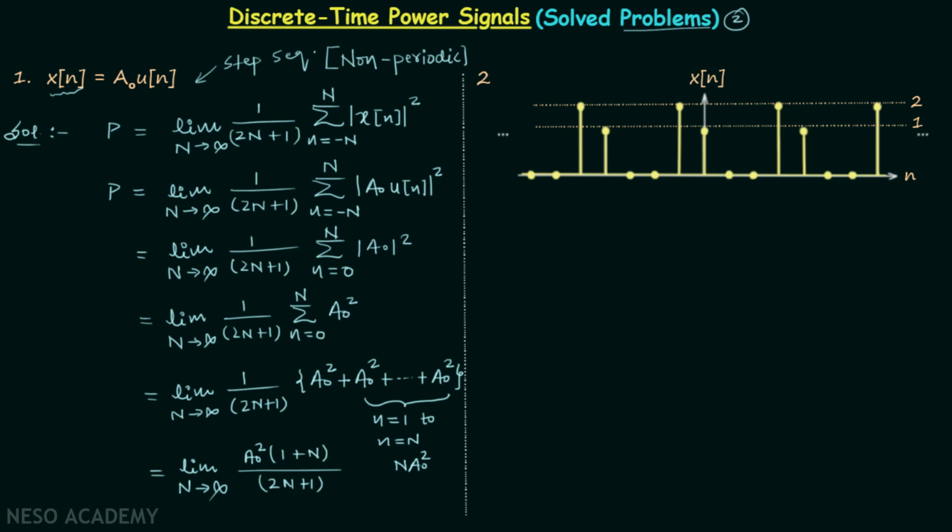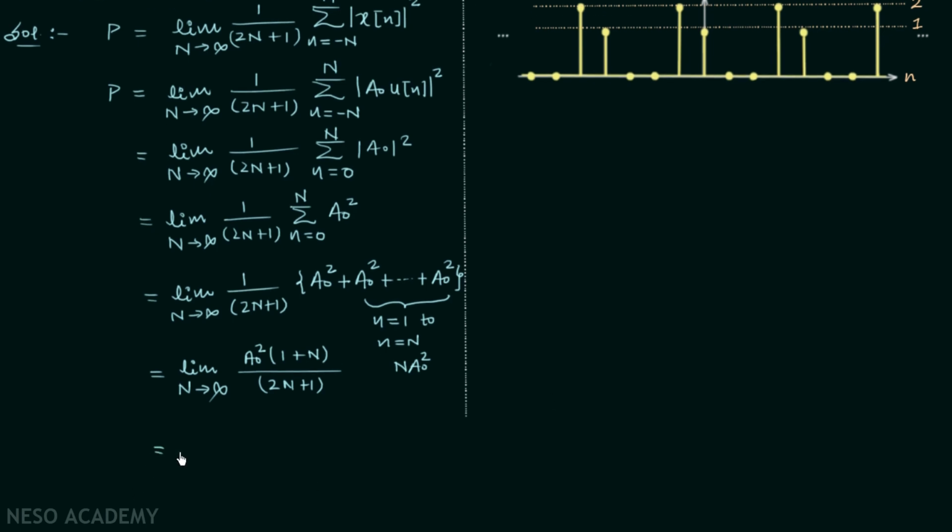So this will give us the average power P equal to limit n tending to infinity. Once we take n common in the numerator, we will have a naught square multiplied to n, and inside the bracket we will have 1 over n plus 1 divided by, taking n common in the denominator, n multiplied to 2 plus 1 by n. This n and this n will cancel out,